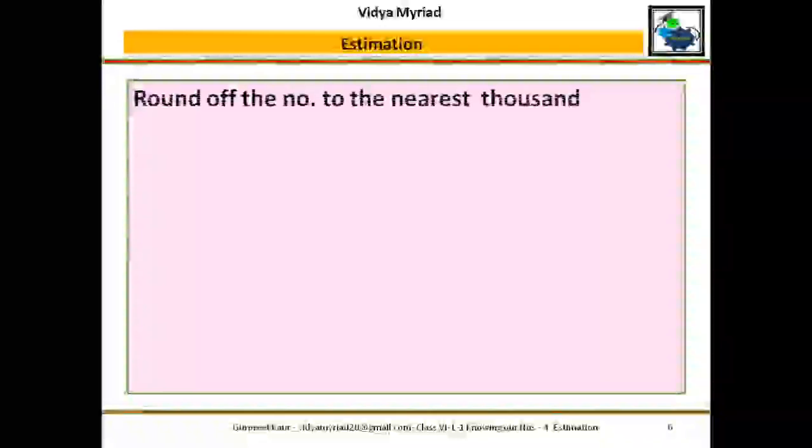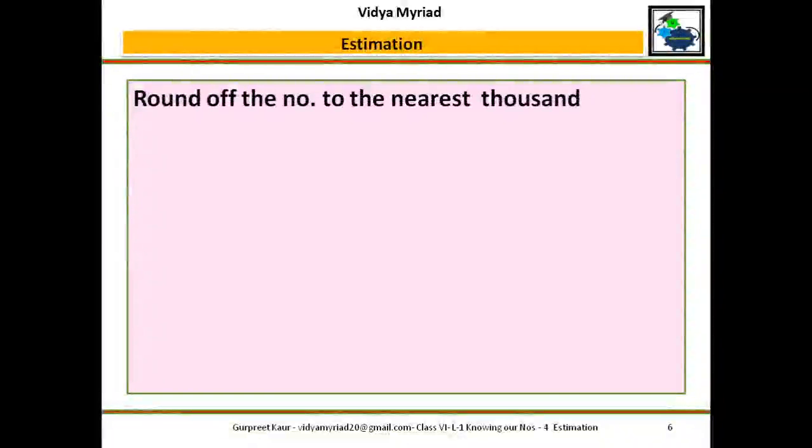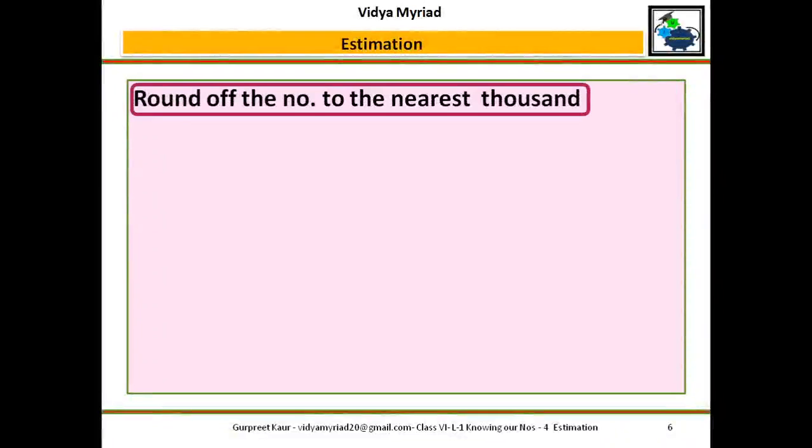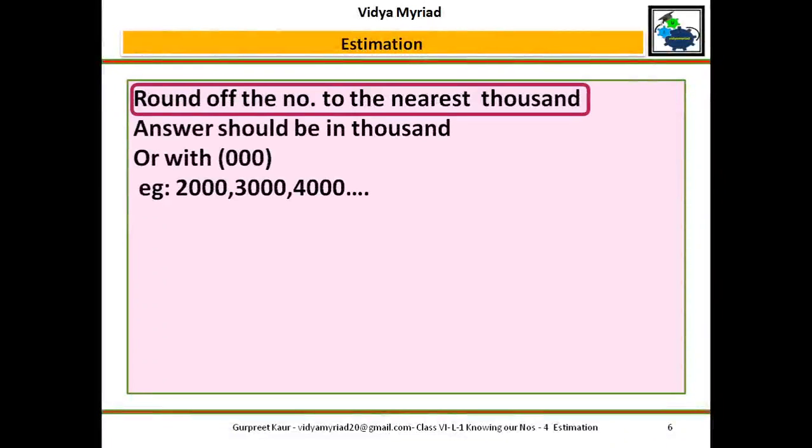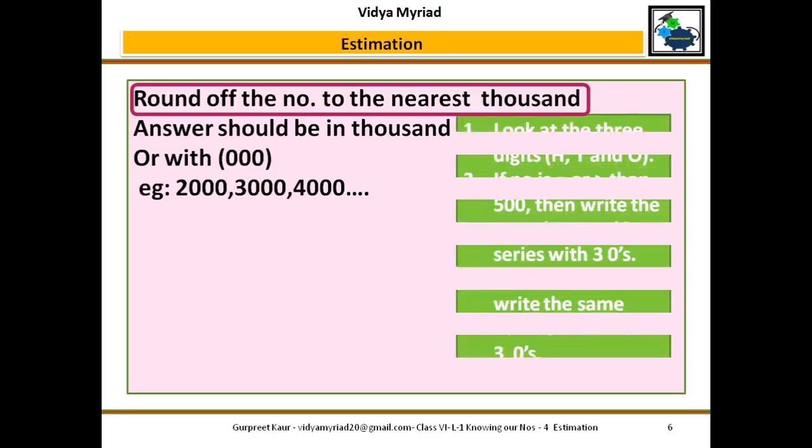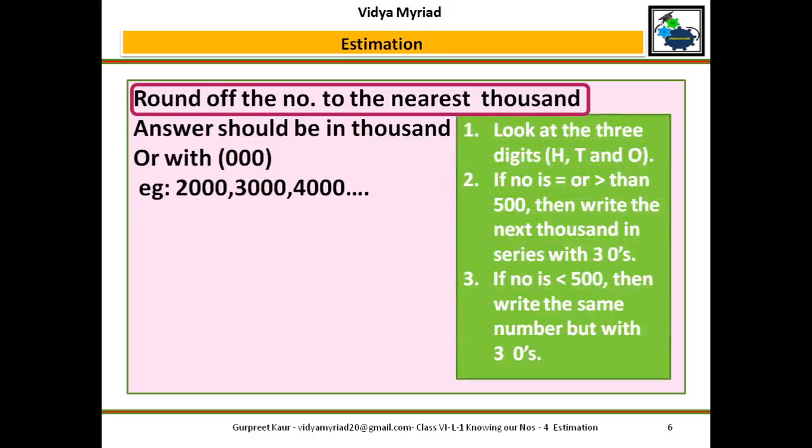Now next, round off the number to the nearest 1000. Now here what we will do, I need three zeros in this. So I will consider hundreds, tens and ones. That means my number, I will see whether it is greater or equal to 500 or it is less than 500. So if you look into the example